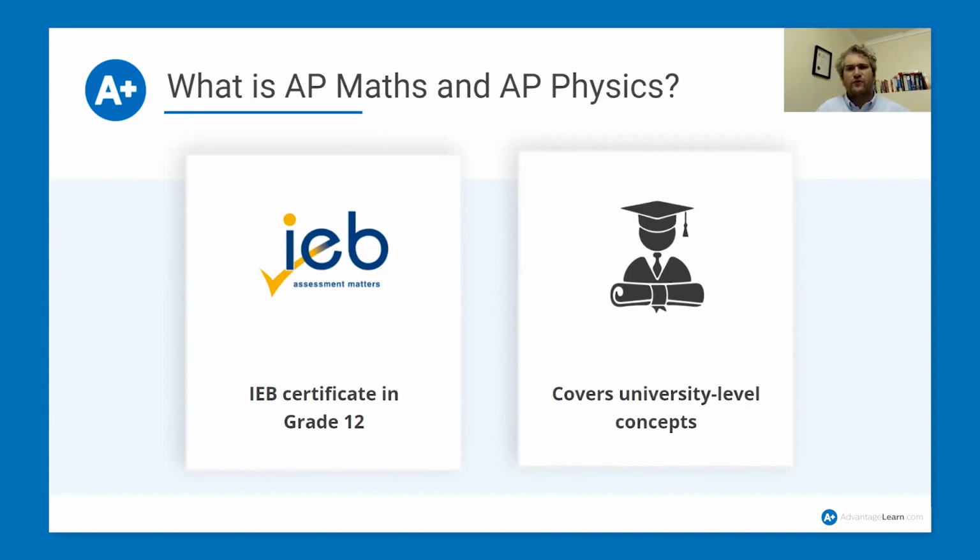When a learner moves from high school to university, first of all, there is a lot of orientation and adjustment that needs to take place. But one of the most difficult things to come to terms with is the step change in the rate of learning that happens when learners move from high school to university.